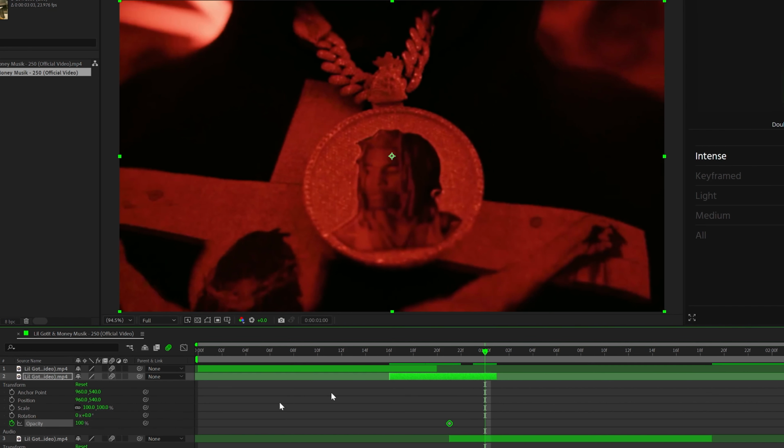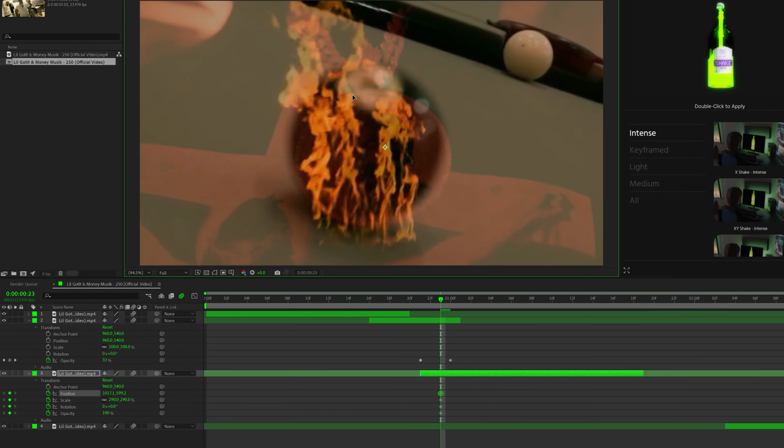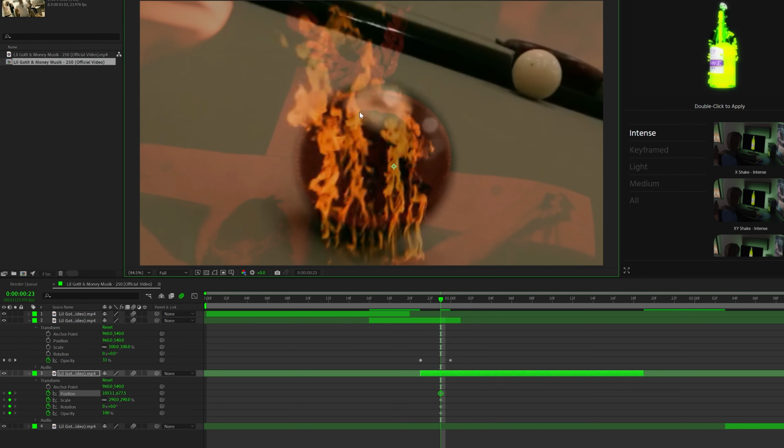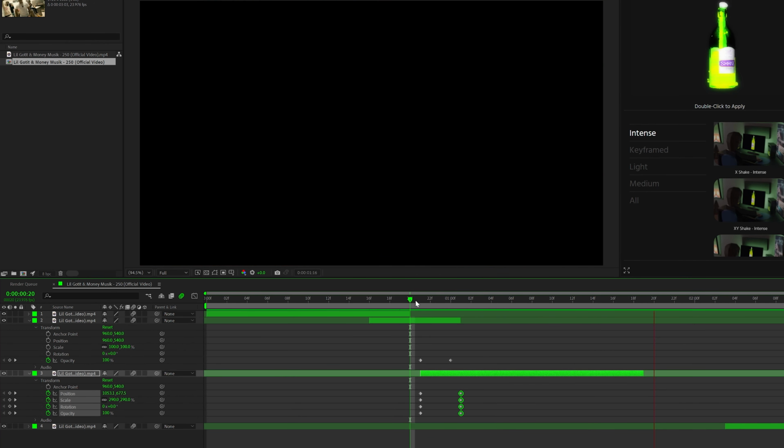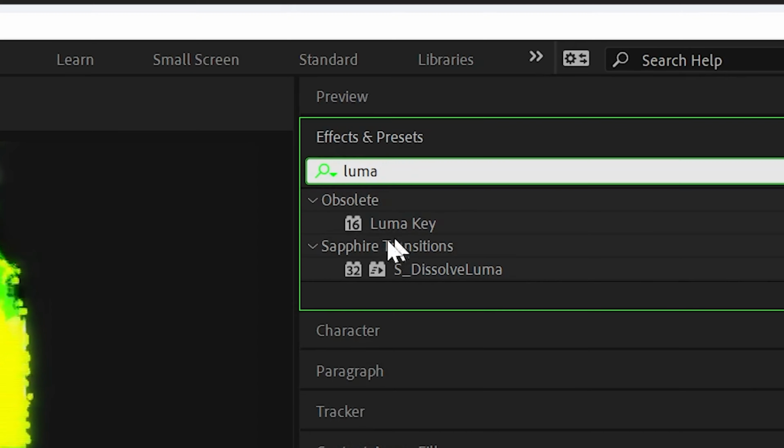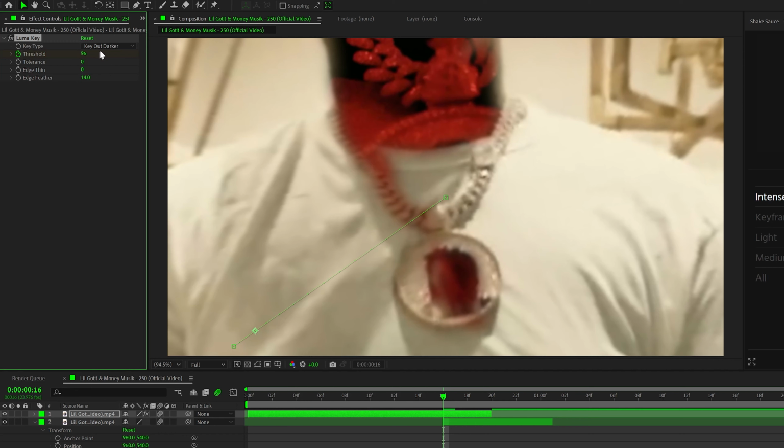And then go to your second clip, keyframe the opacity how you did before, and then change the position, scale, and rotation. I'm doing it on the third clip to kind of match that second clip here. And now you can see how there's kind of a match cut. It doesn't need to be exactly perfect because now we're bringing on a Luma key onto our first clip, keyframing the threshold and making the feather go up a little bit.